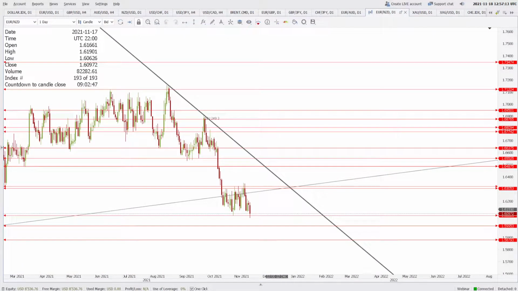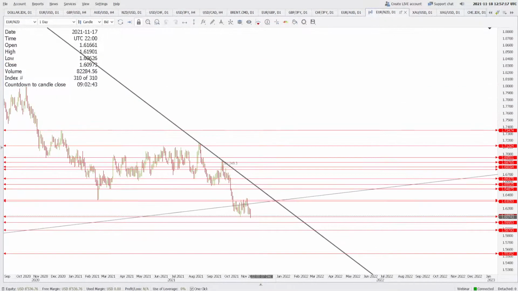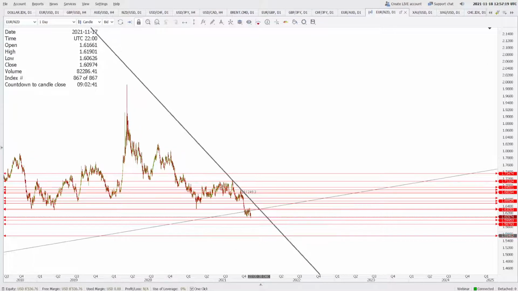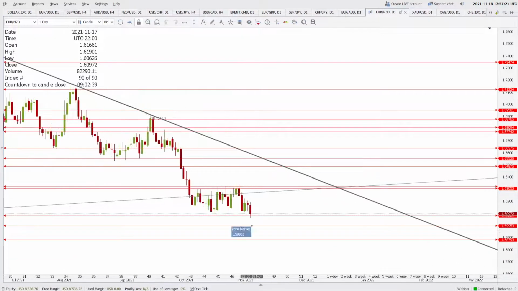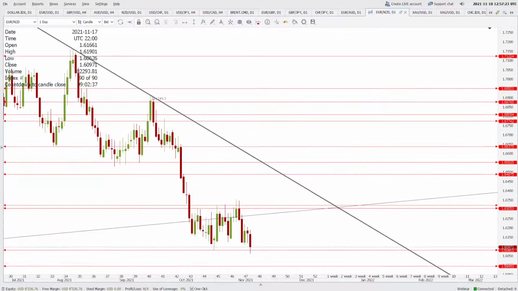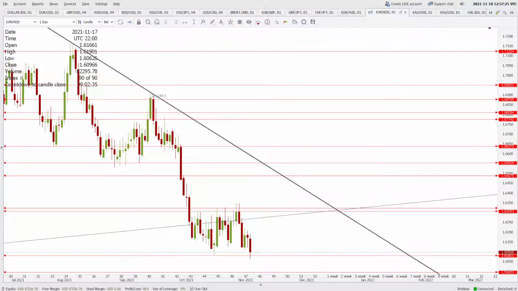Euro New Zealand is trying to break this support of 1.6080. It is a very strong support. It has been a strong support in the past. Now I'm expecting this to hold, but seeing the bearish nature of euro against the New Zealand, it is very